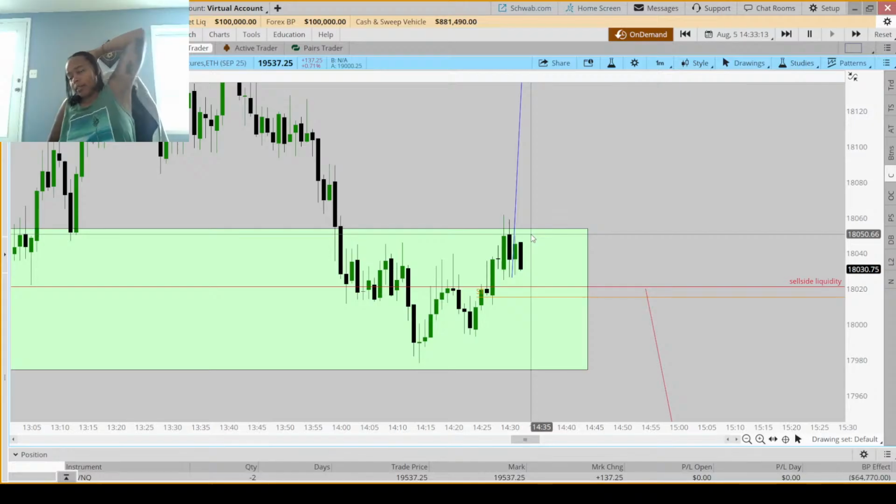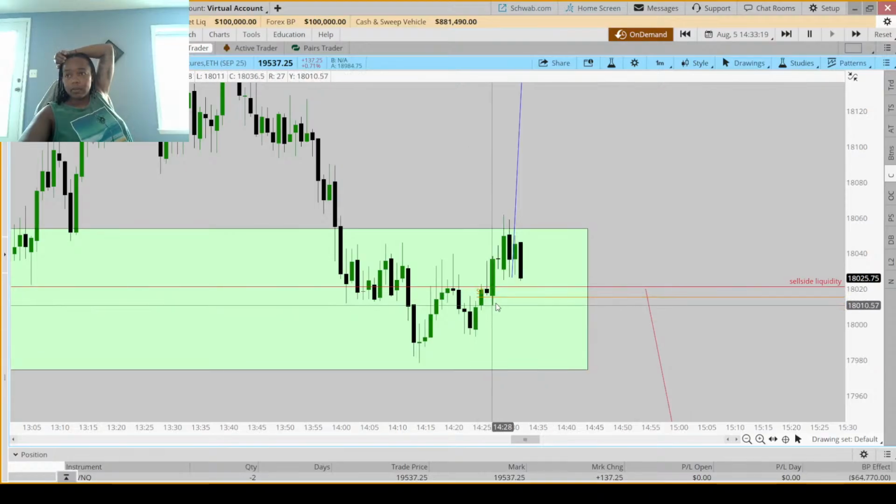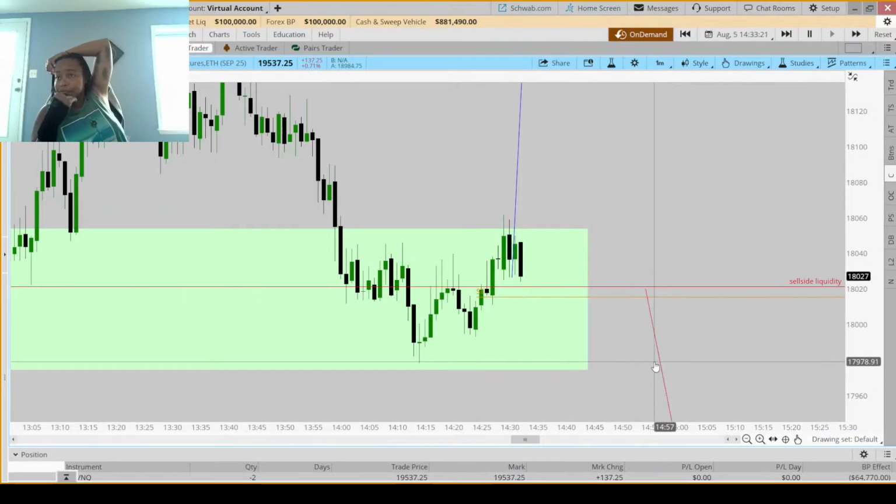But I don't like this. This isn't juicy at all. So we see where my stop is right here. I'm hoping that the body of this candle would save me from this. But we have to get a strong up close. It's 2:33 on August 5th, 2024 that we're testing this in.